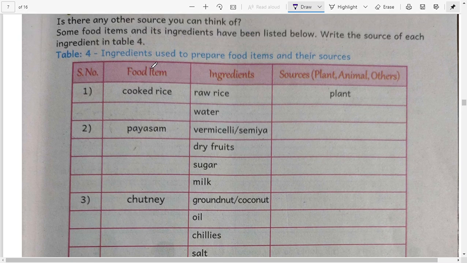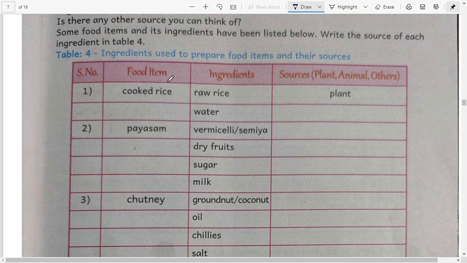So by using these ingredients we make food. Ingredients used to prepare food items and their sources. The first one is a food item: cooked rice, payasam, chutney, biryani, mutton curry, upma. We can write anything.